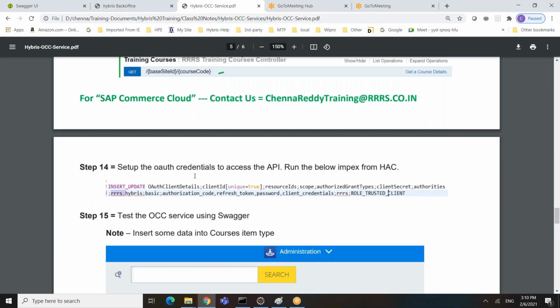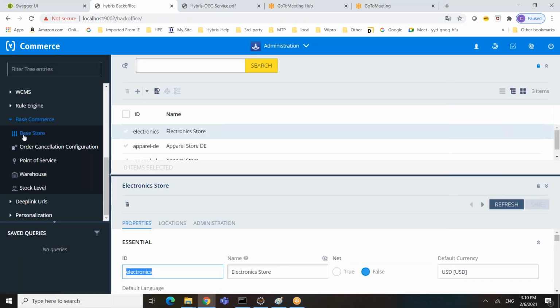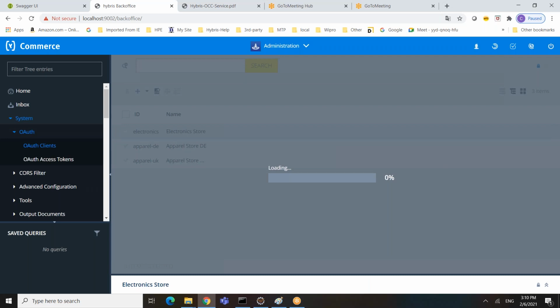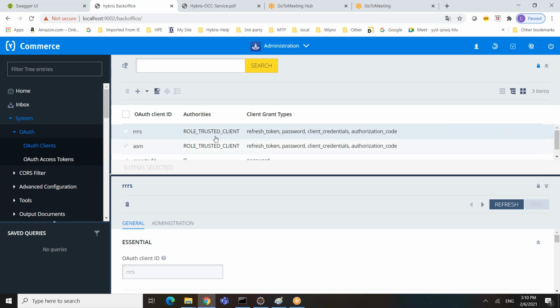So I need to create the OAuth user. For that, you need to insert this Impex and execute it. Once you execute it using HSE, you will see something like this in the OAuth clients. So here is the user, which is associated with this role.